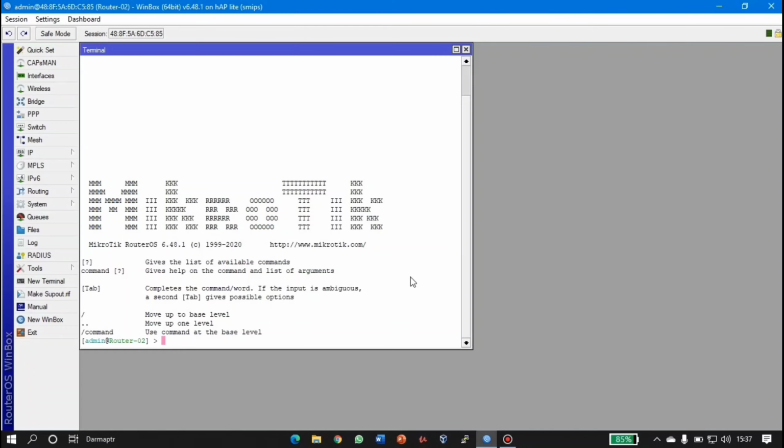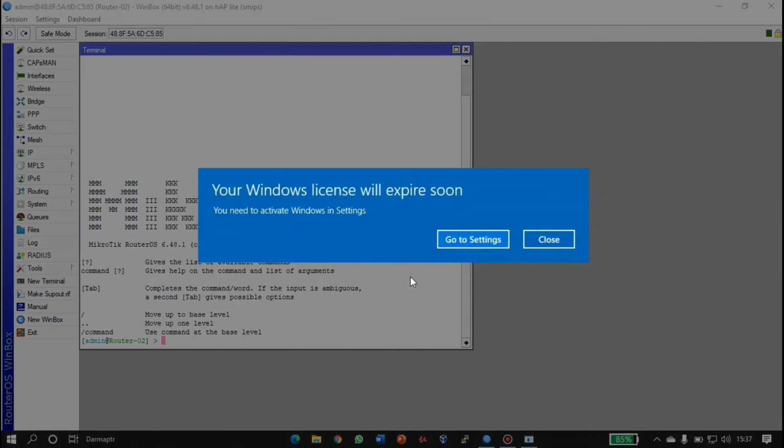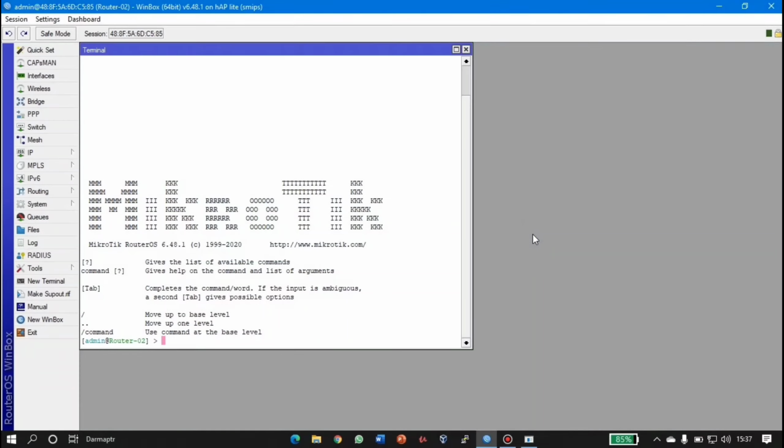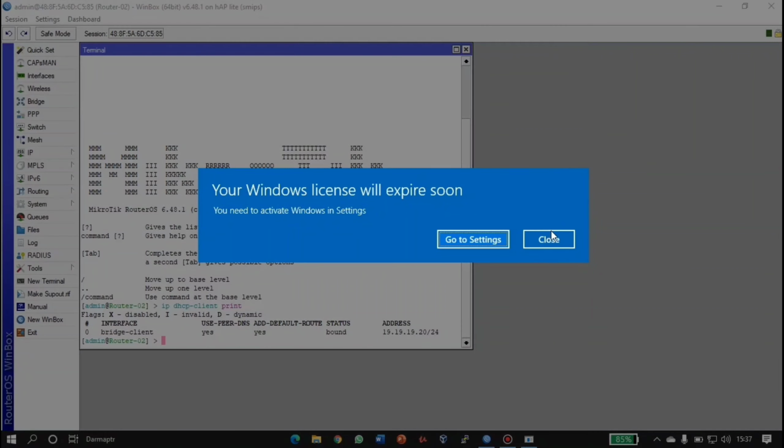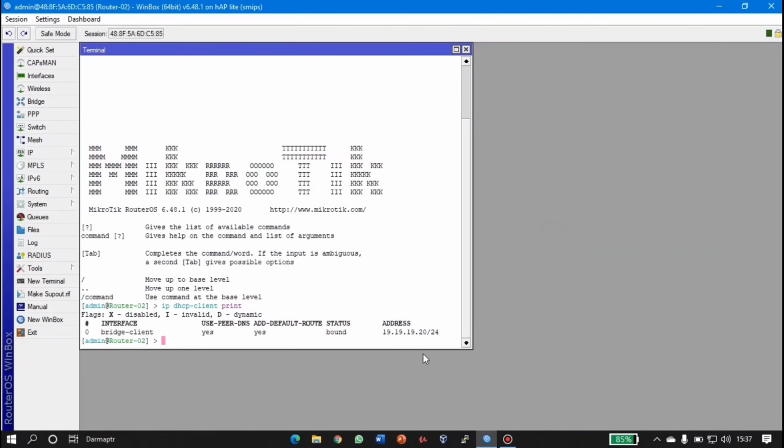And here we check with the command IP DHCP client print, enter, and we can see the IP address has been changed to the static IP address 19.19.19.20, and the status is bound.